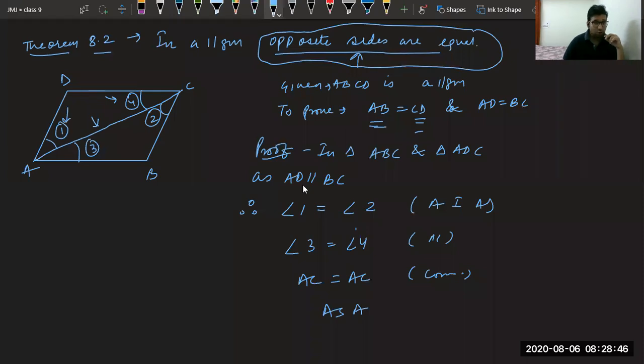It was very easy. Now suppose you want to prove by other criteria, that is also possible. Suppose you have not taken these angles. You can take this also. You can say angle D equal to angle B. Why? Because in a parallelogram, opposite angles are equal. So there are two ways to prove these two triangles congruent and prove the CPCT. I am taking a lot of time on these theorems and properties so that you are confident enough to solve questions on your own.